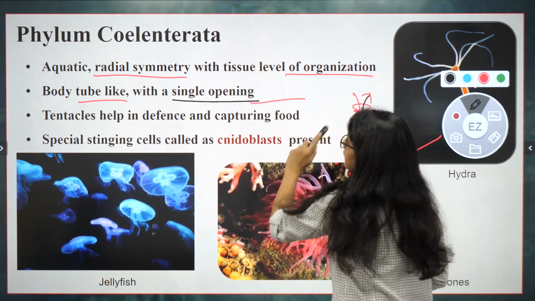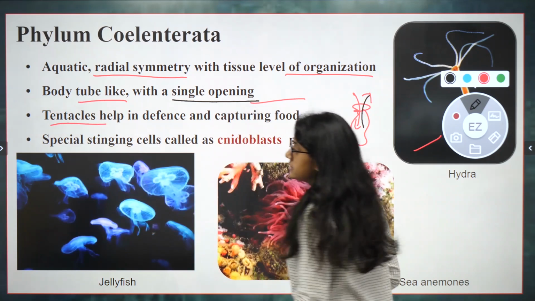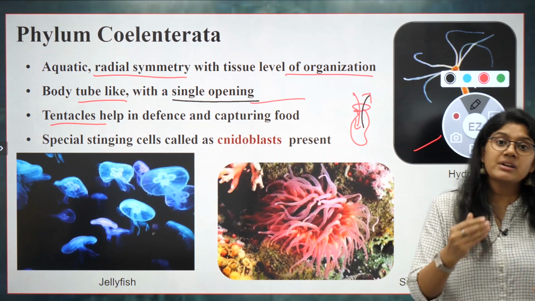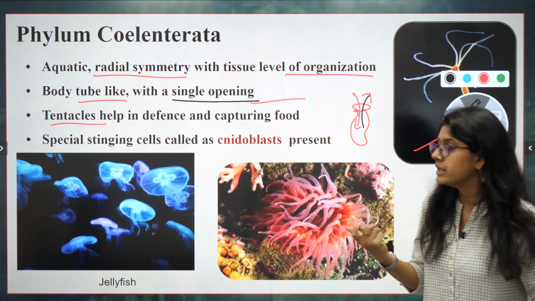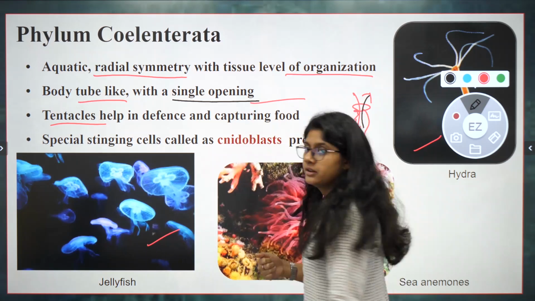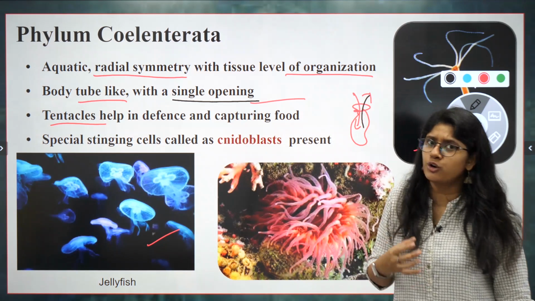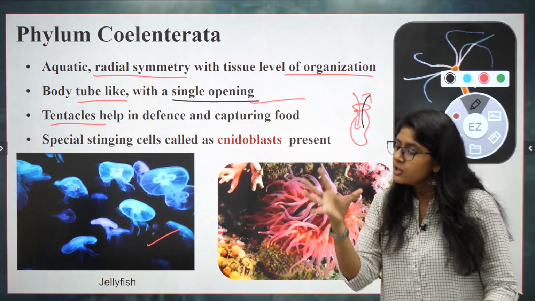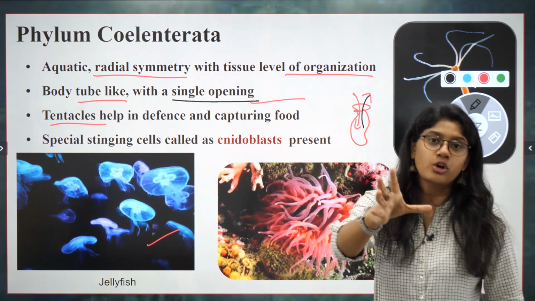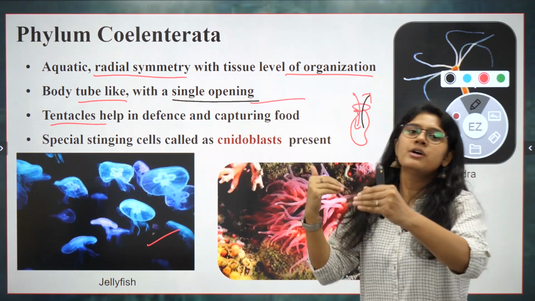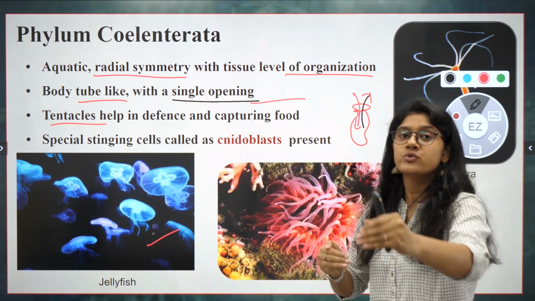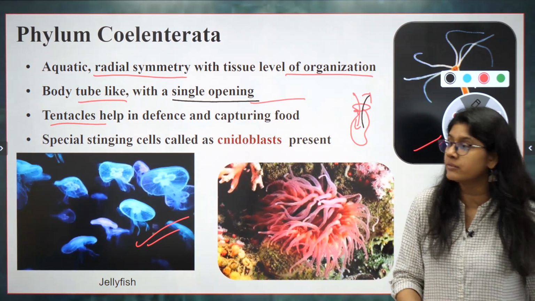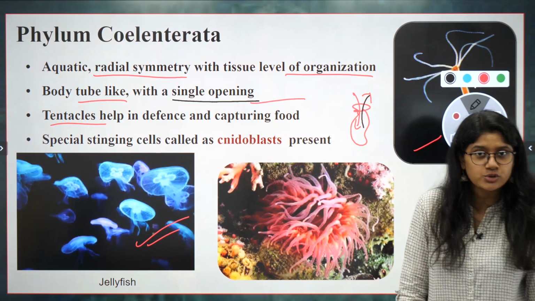They have tentacles. They use the tentacles for protection as well as for locomotion. Clear? You must have seen jellyfish, right? You must have seen a lot of gifs and videos of it. It travels like this. Basically the tentacles shrink and again push like a rocket. With that, it has some force and it moves ahead. So this is how jellyfish use the tentacles for their protection and sometimes for locomotion also.